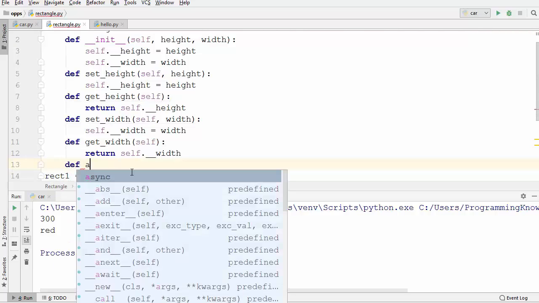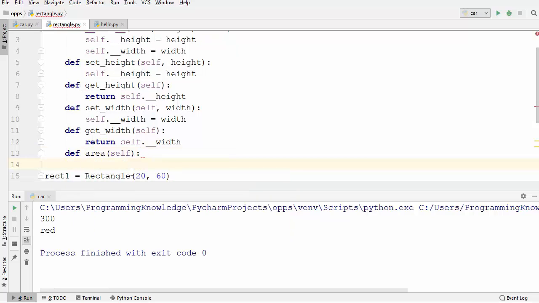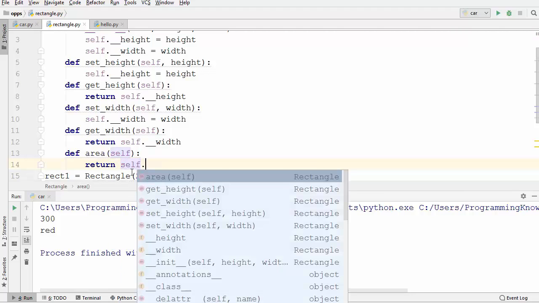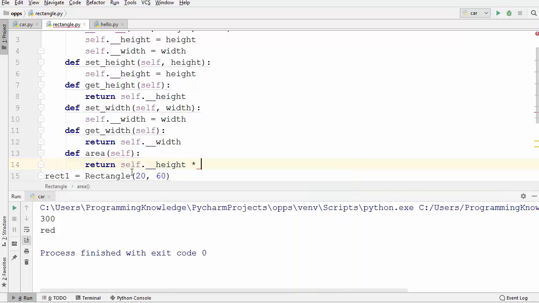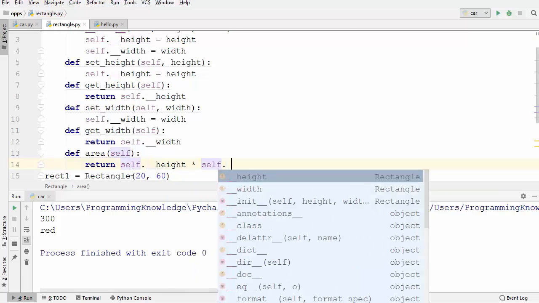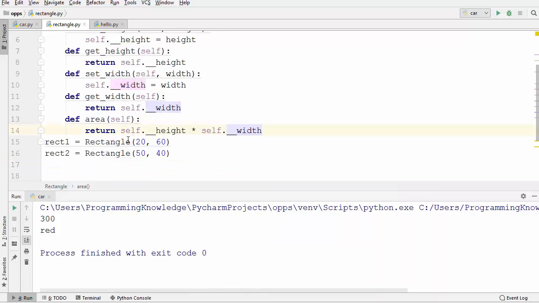So let's create the area method here. And this area method is not going to take any argument. We are just going to return the multiplication of the height. So self.__height multiplied by self.__width, okay,